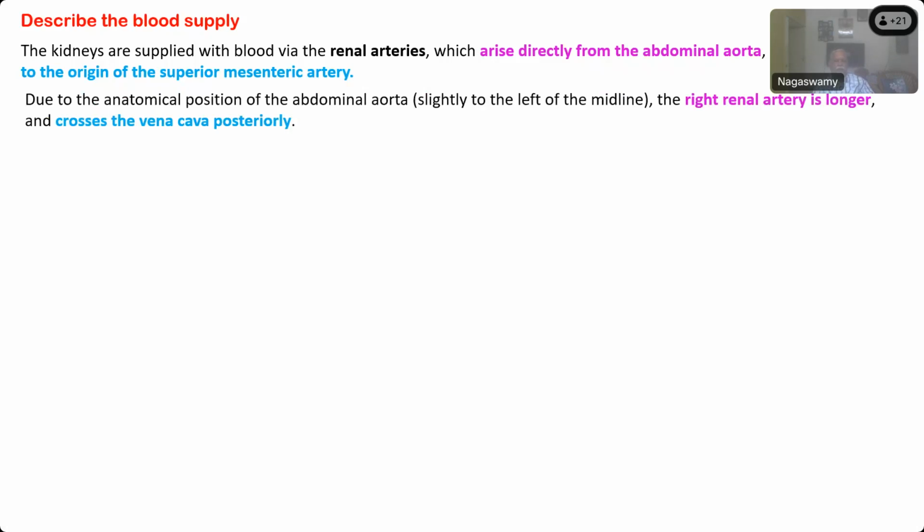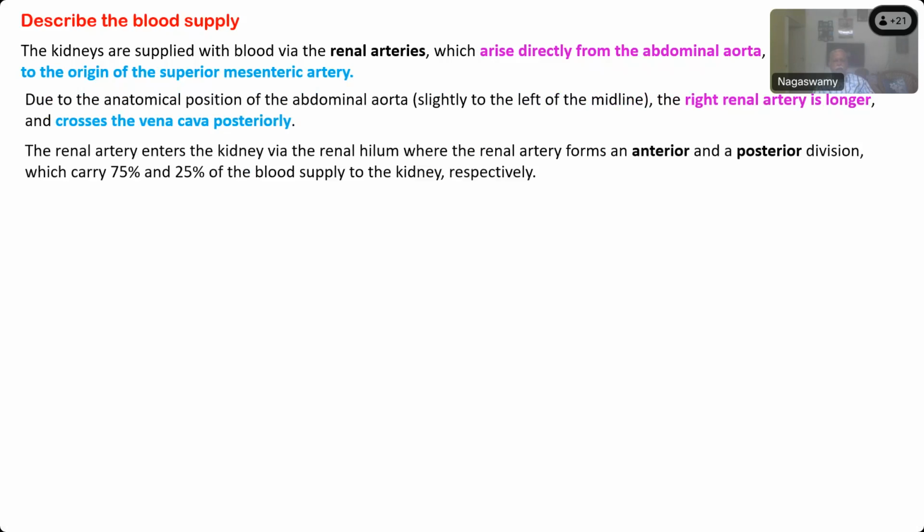And so, as I told earlier, the renal artery is a little lower on the right side, and it is longer because it crosses the vena cava posteriorly. The renal arteries, as soon as they enter, divide into two branches, anterior and posterior divisions. The anterior division carries the maximum blood supply, 75%, whereas the posterior division supplies 25% of the kidney. The major renal artery, after the anterior and posterior division, divides into 5 segmental arteries which originate